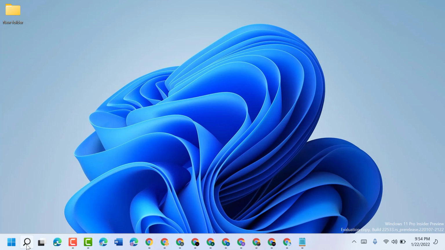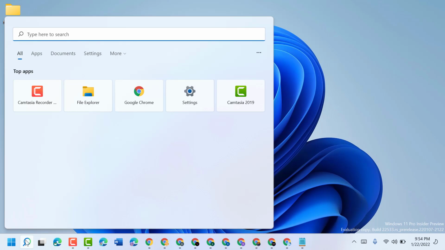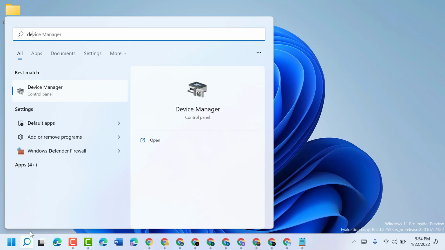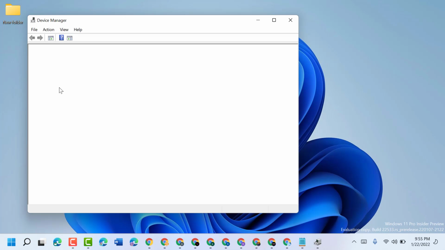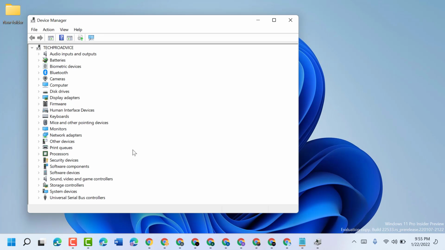So click on Start, type Device Manager, open Device Manager. Now expand Universal Serial Bus controllers